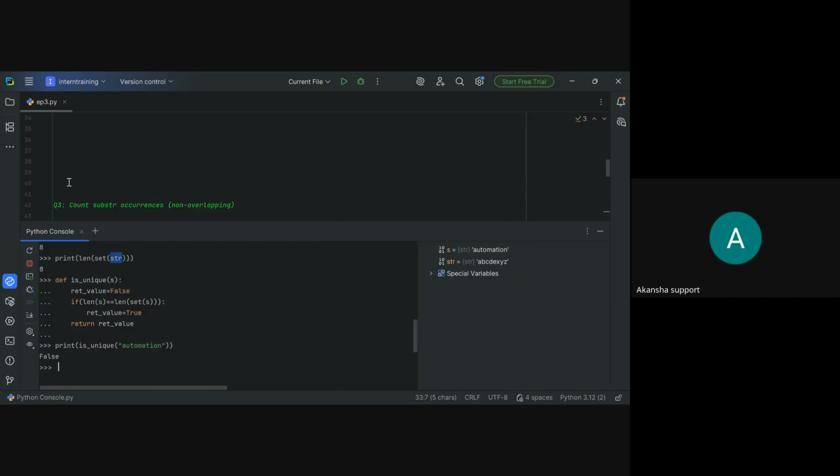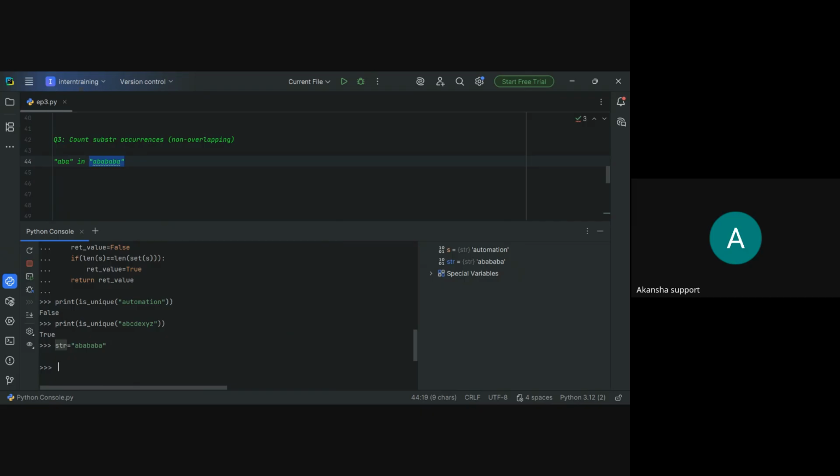And with this, we come to the last question of today's video, which is count substring occurrences, non-overlapping substring occurrences in a string. So let's suppose we have this string, right? Now let's suppose I want to find the number of occurrences of a. So what will I do? String dot count, and then I will pass a,